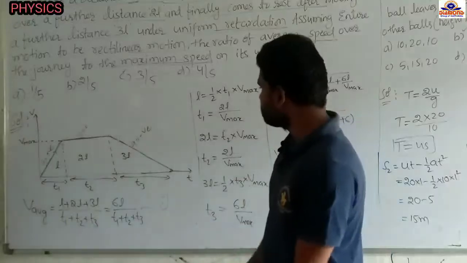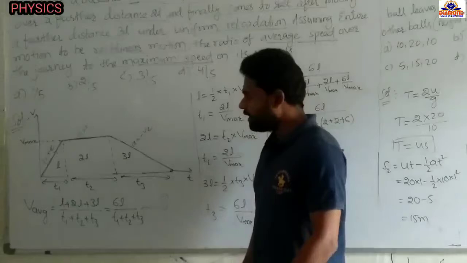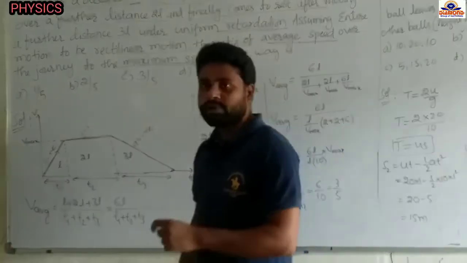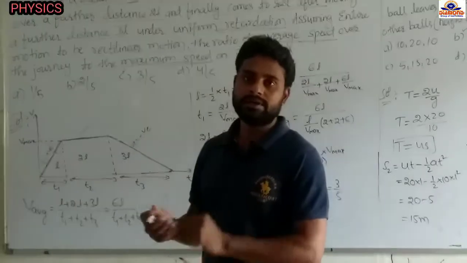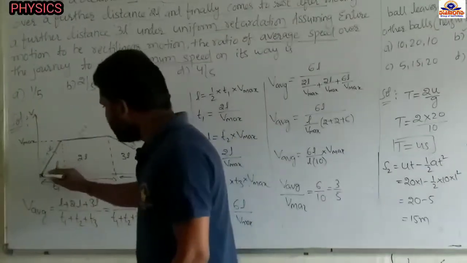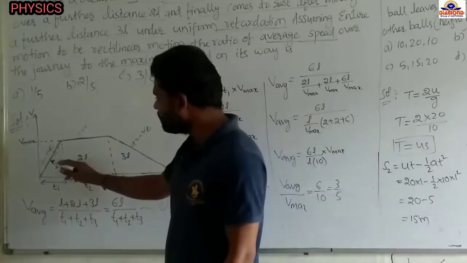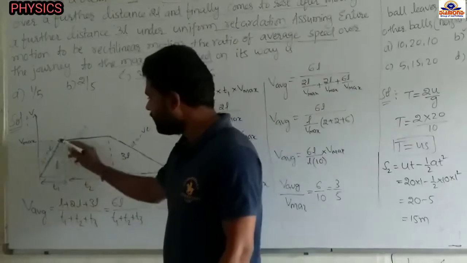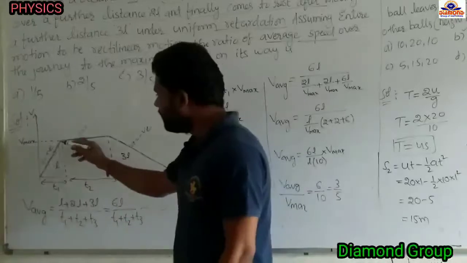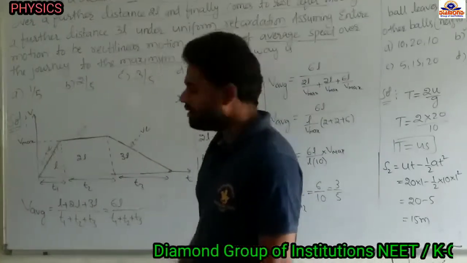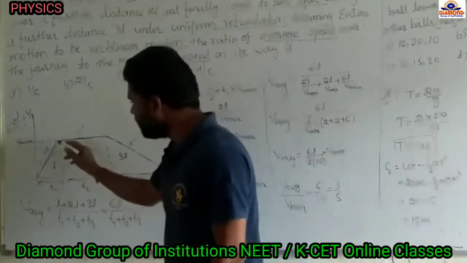Next, here they have given the lengths, whereas in the previous problem they gave the acceleration. For a velocity-time graph, the slope gives the acceleration and the area under the graph gives the distance. So the area under this curve gives the distance covered, which is L. Taking the first case, the area under this one gives the distance, so L equals the area.